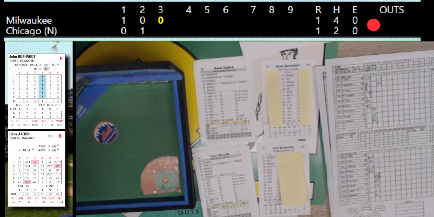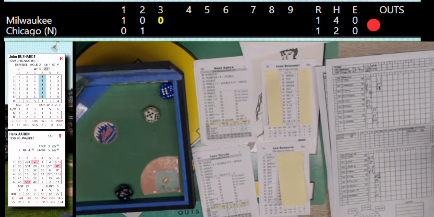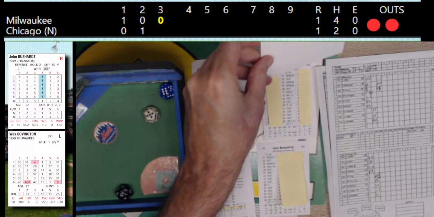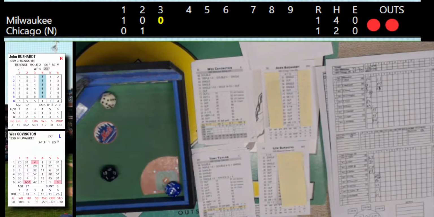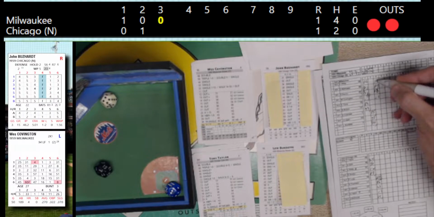Hank Aaron, and that's a 65. That's going to be a deep drive, and no. At the warning track is Altman to haul it in. 2 away. Thought that was gone for a minute there, but we rolled so high. An 18, yikes. Alright, here's Covington. 1 on and 2 out with a 34, and that is a line base hit. So he slaps one to the opposite field. And stopping at second is Weiss, playing it safe here. First and second with 2 outs.